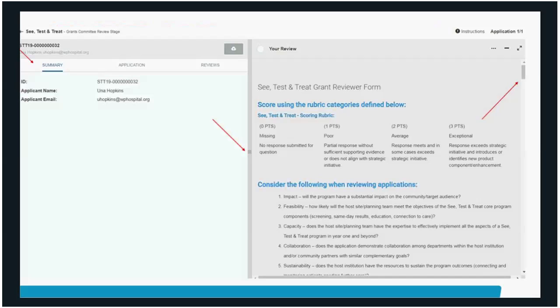SurveyMonkey provides the reviewer with a split screen view. If you'll notice, the left side of the screen reflects the entire application submitted: the pre-qualifying form, the completed application, the budget, and the letter of support. So in this example right now, we're just looking at a summary screen, and we're looking at the application ID, who submitted it, and their email address. The right side of the screen is the actual reviewer form, where you can score each grant application